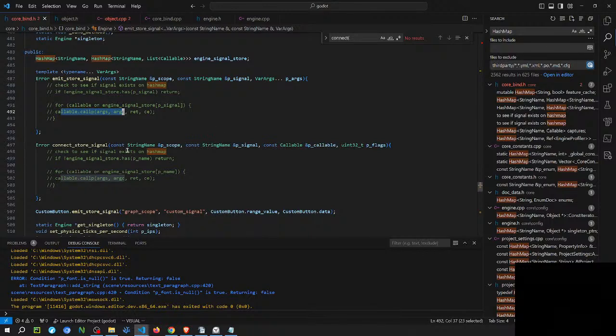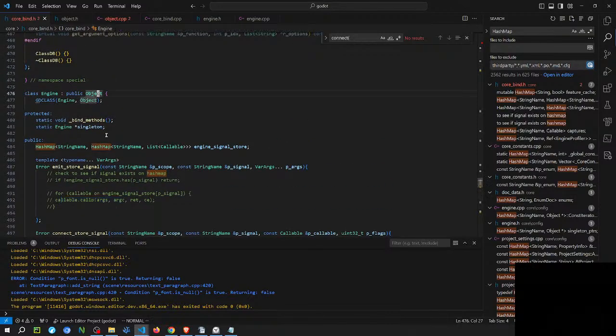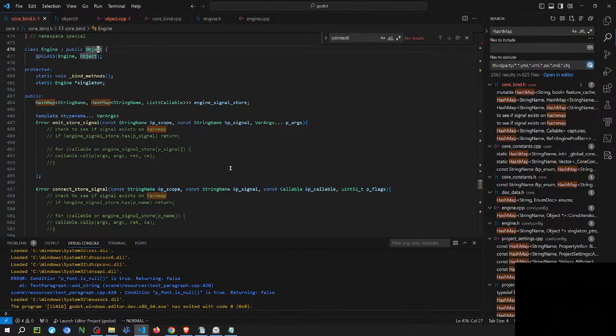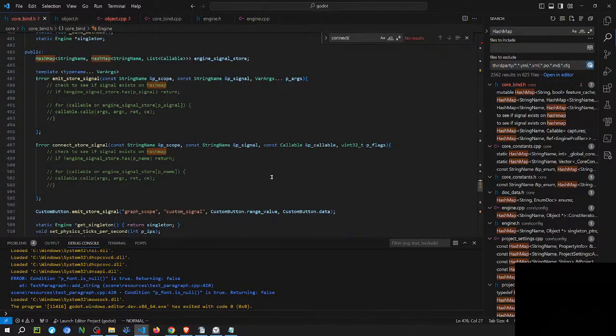The point of not using... I obviously can use the connect and emit from the engine, because the engine is gonna have them because it inherits from object, I think. Yeah. So I could just call the engine and do the same thing, but then that defeats the point because